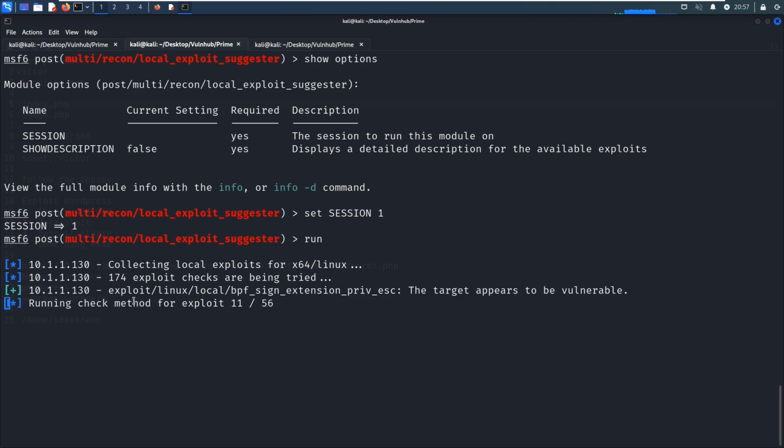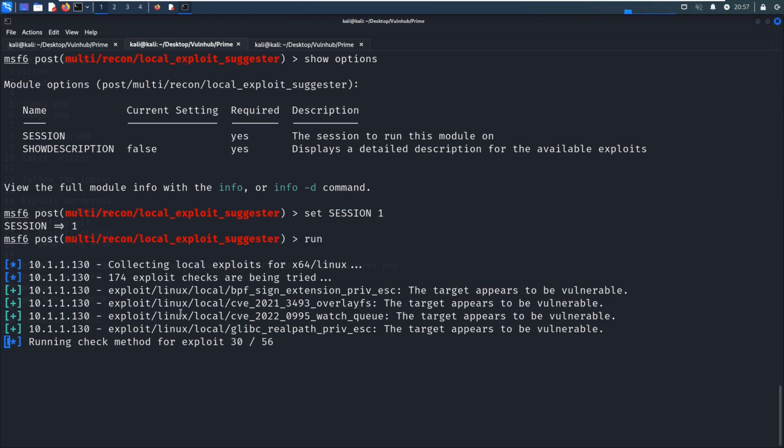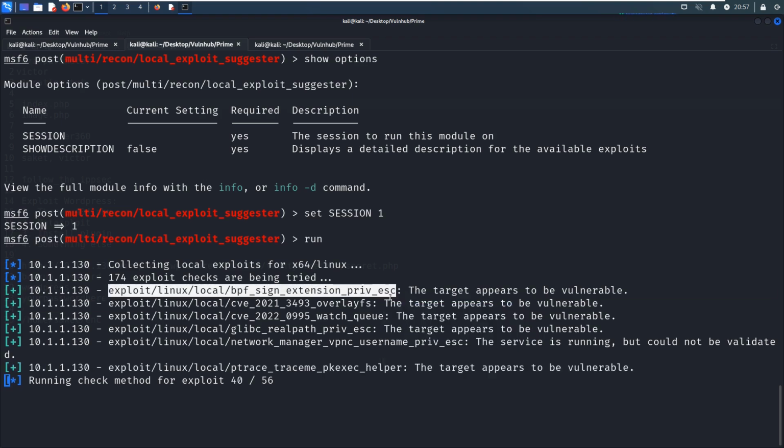Now it's running the check method for the collected exploits. When it's done, we can use or run the exploit module. For example, like this one, we can copy. If this one doesn't work, then we can try the next.